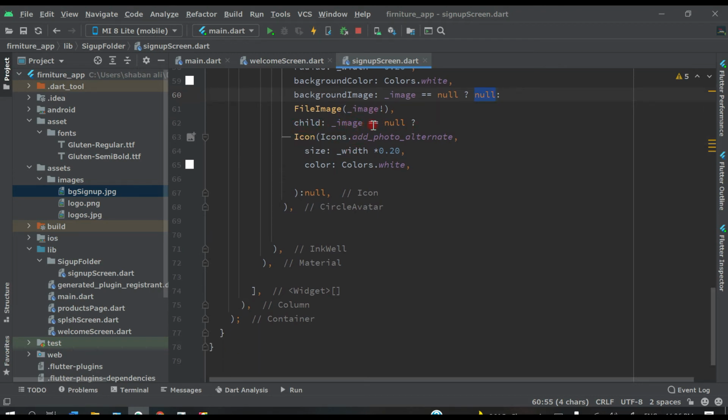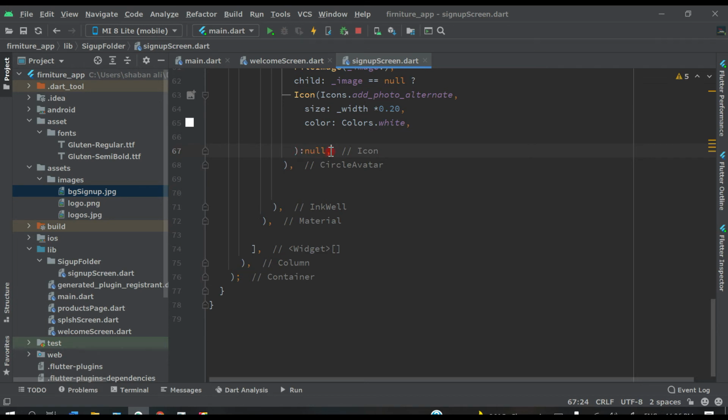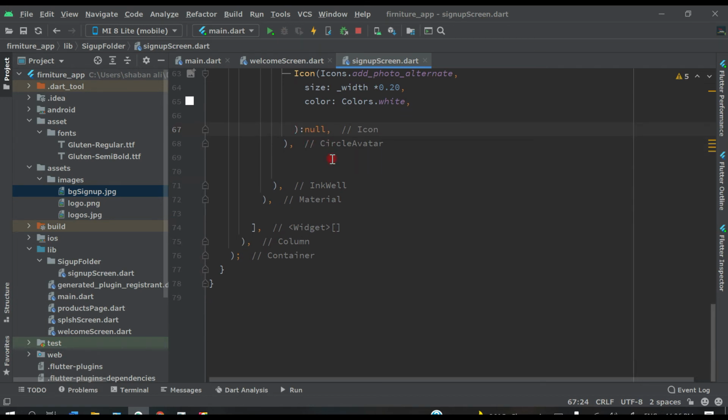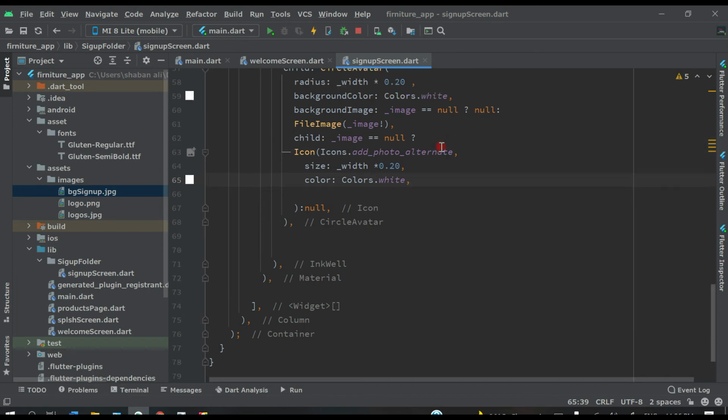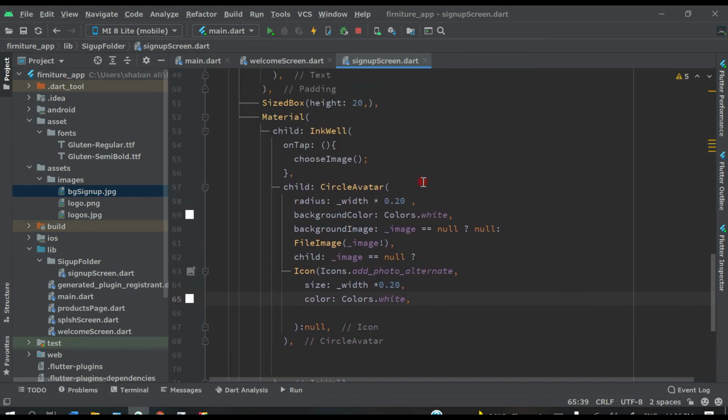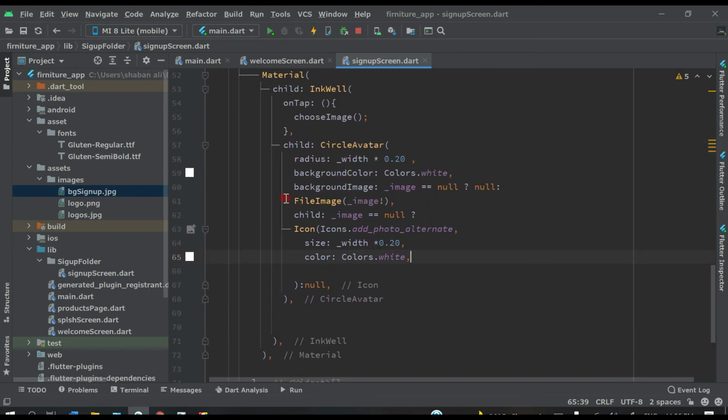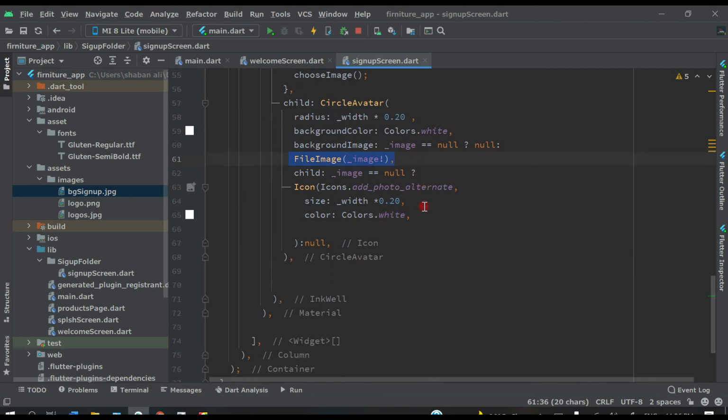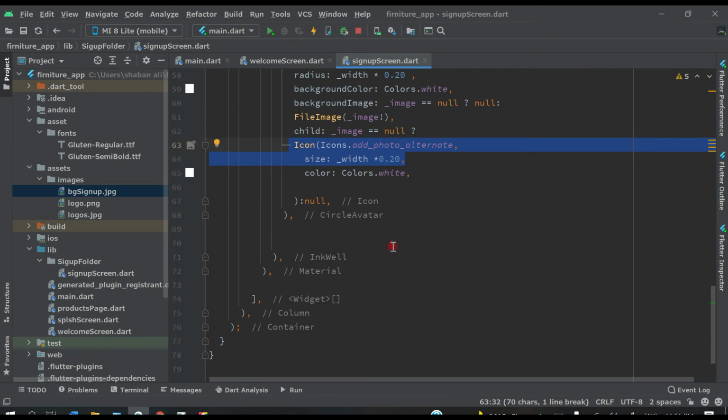If image is equal to null, we will show the icon add photo alternate, and the icon size will be this, and color will be white. Else null, means nothing. We did all these things here. So simply, if anybody chooses an image, it will display the image. If nobody chooses an image, it will display this outer icon here, this one you can see here. So now, what is next we have to do.